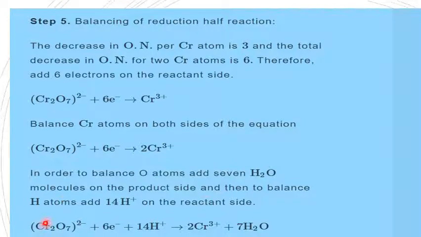Okay, means you will write as many H+ as you have hydrogen atoms. So you can check it out here: Cr2O7 2- plus 6 electrons, and here plus 14 H+. Why have we added 14 H+? Because for balancing oxygen, हमने क्या डाला? वाटर मॉलिक्यूल. अब हाइड्रोजन के यहाँ पे 14 आपके एटम्स हैं, तो आपको उसके ऑपोजिट साइड पे मतलब रिएक्टेंट साइड पे उतने ही नंबर ऑफ H प्लस आयंस है यू आर सपोज टू बी एडेड.